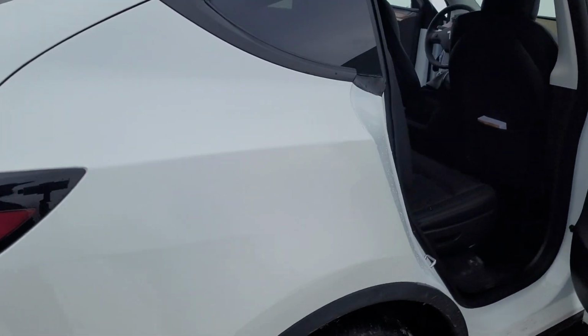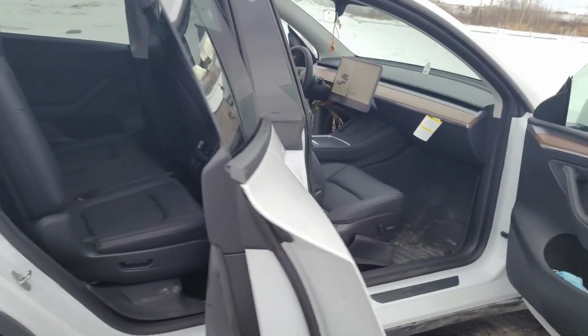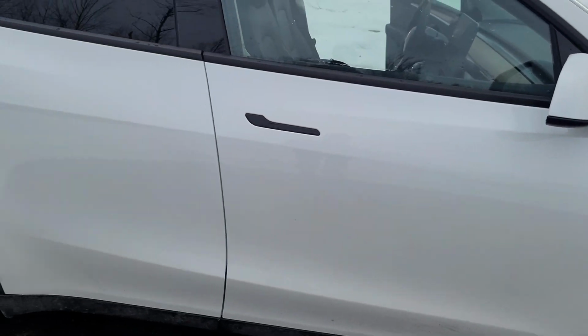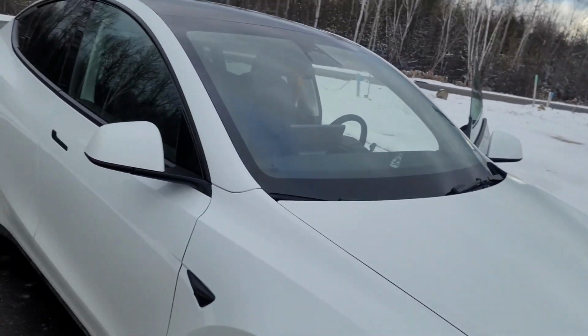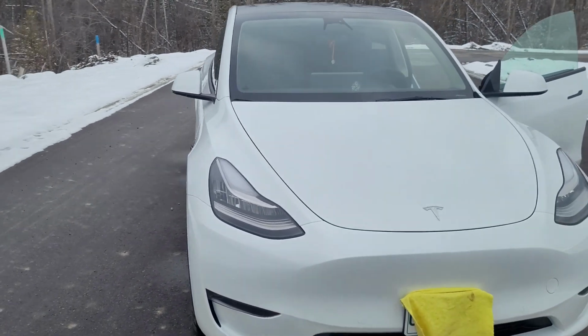But the vehicle is amazing, guys. It's absolutely amazing. I've already put about 2,000, 3,000 kilometers on it since November 5th when I picked it up. So I've been putting it to good use. And just out here, for 1,000 kilometers, I spent about $8 on electricity, based on my